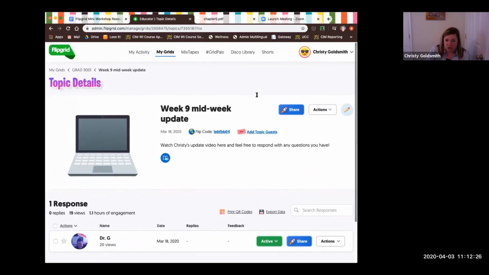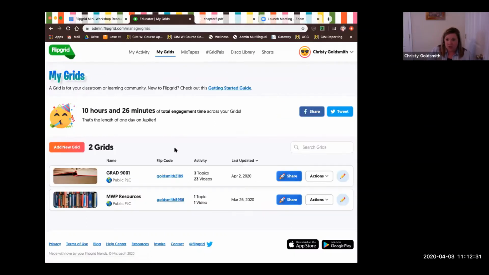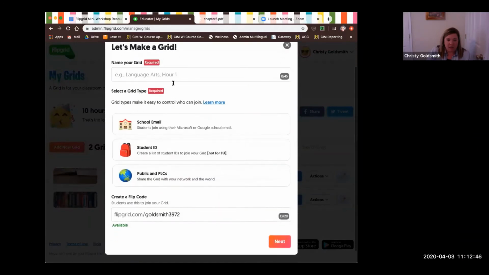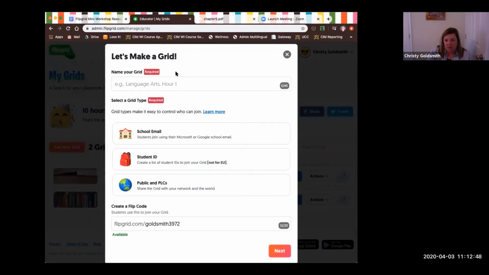So if we're in good shape here about the functionality, I think very quickly, let me just show you what it looks like when you create a grid, and then I'll open up for questions if that works for everyone. So when I click add new grid, it's going to add what looks like a new class, right? So I will add a new grid, and here's what's required. I mentioned that this platform started in secondary and even elementary world, and so you can see it kind of looks like it might be locked down for that level of student. But I'm just going to name my grid test. If I had a second class, I would name it the second class here so I can have all that class contained in one place.